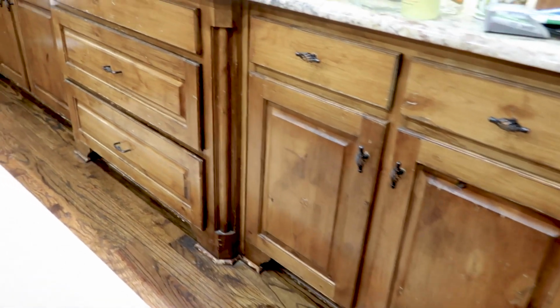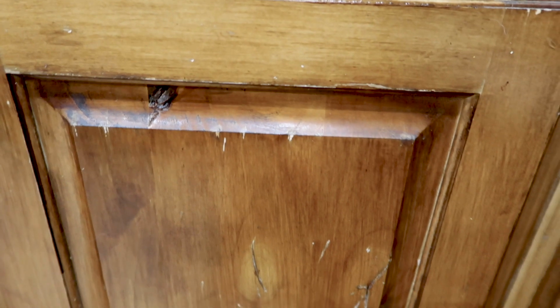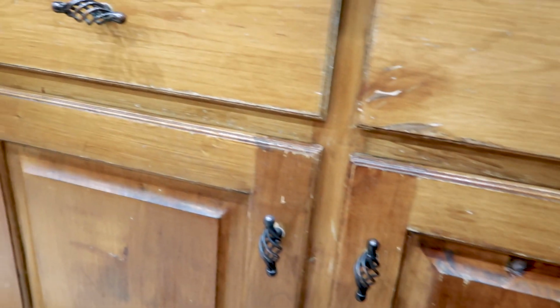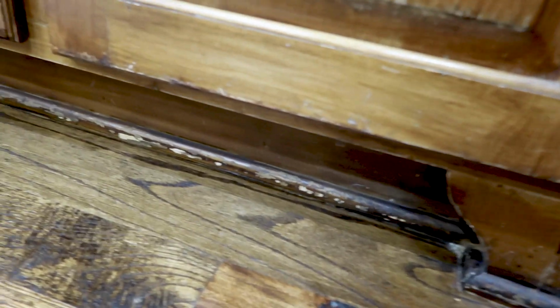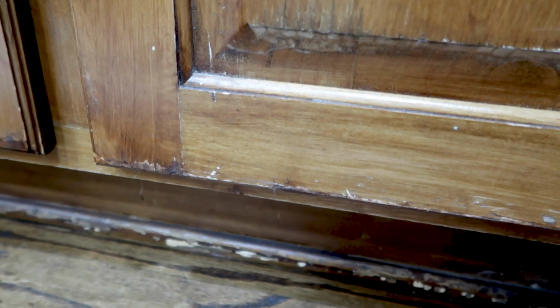Bottom cabinets are cleaned. They are definitely not perfect. They need a lot of touching up, that is for sure. I did a lot of the baseboard as well, and you can see that that's just wear and tear. So I think those are gonna have to probably come off at some point and restain just kind of from